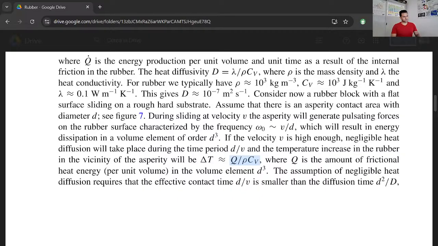The heat diffusion can be minimal if some conditions are reached by the application, rubber by the application. According to Pearson, our friends,